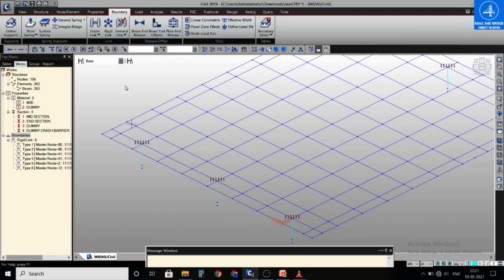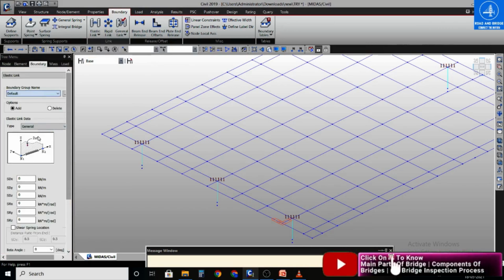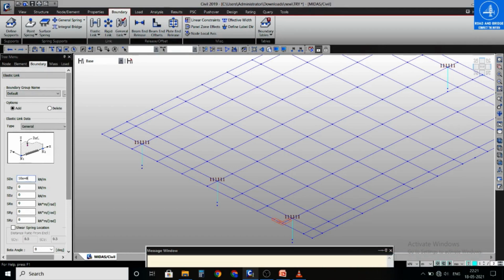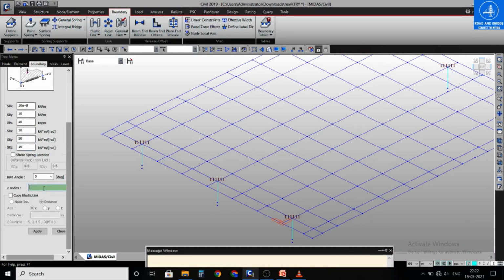And then now I am going to provide the elastic link. Click on elastic link. Now click two nodes here, and you have to repeat the process for the other cases.